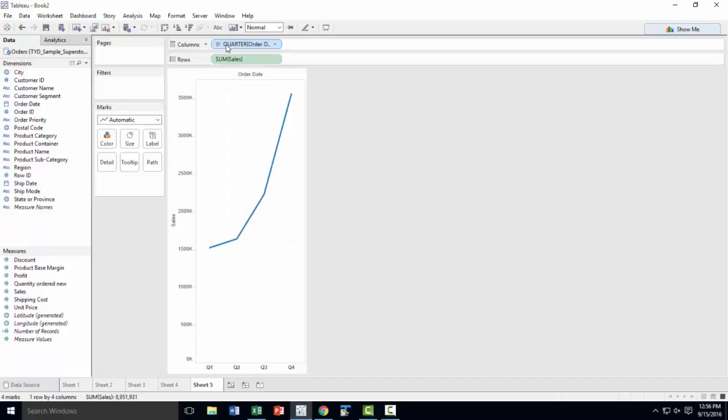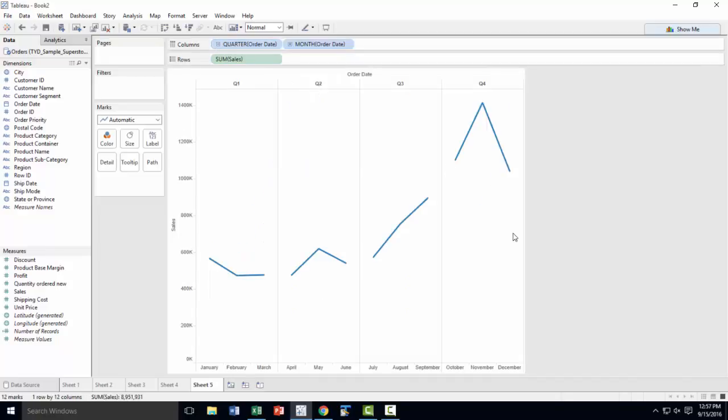We need discrete, make it into quarter, and then click the plus, and you get monthly breakdown. So you have quarter, okay, and you have monthly. So within each quarter, and this is a discrete time pill, which means it just consolidates all of the same month or quarter from all the years. So 2011 through 2015,